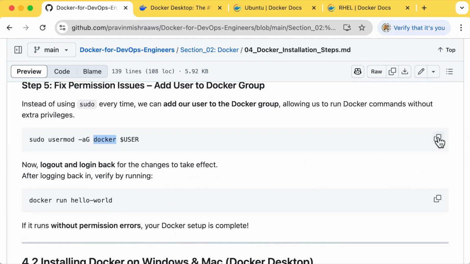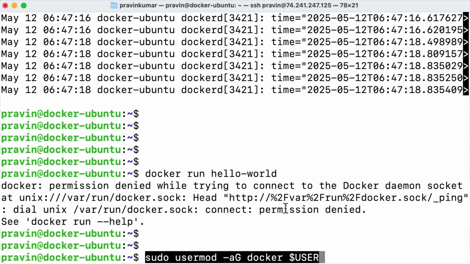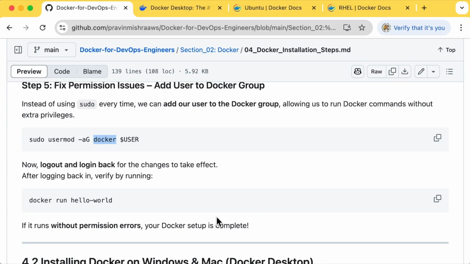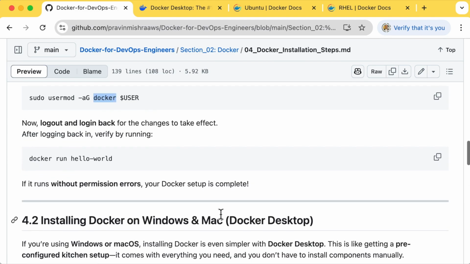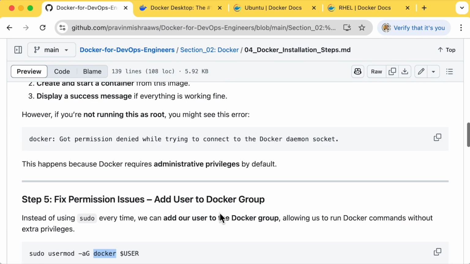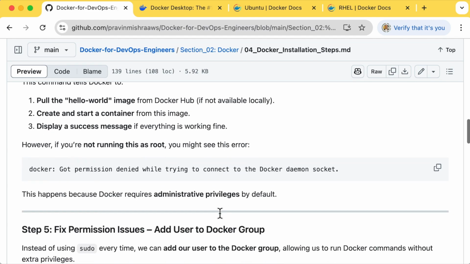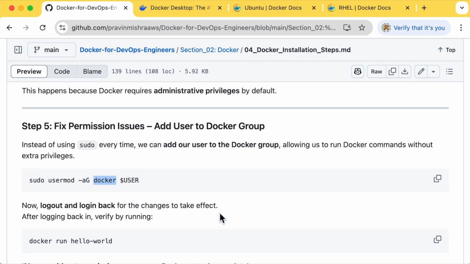Okay, and then this user will have the permission. So let me do that. And now we need to, again, this will not work. We need to change the user. So either I need to log out and log in again,